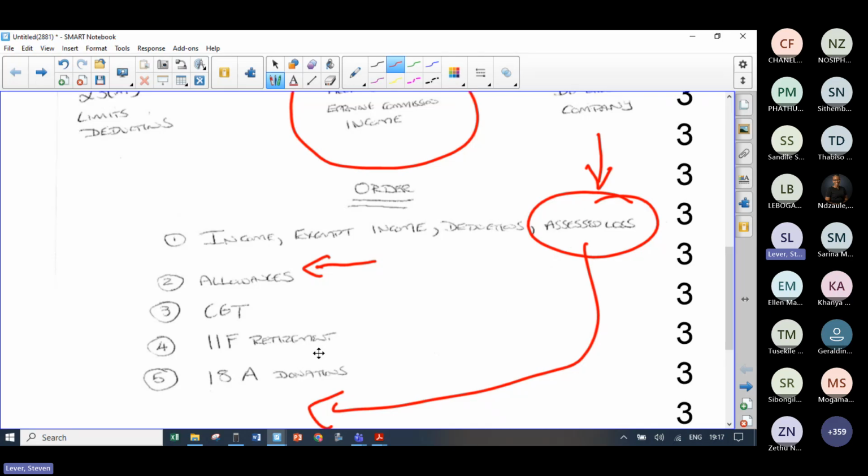Now, I'm busy marking the TAX48612 class test that you did for test 2. You have to do CGT after everything else. And guys, there was 1 mark allocated for putting CGT into the right place. You needed to put it in before donations. So for all of you that put donations in before CGT, and there are lots of you, you lost 2 marks because you lost 1 mark for putting donations in the wrong place. You lost 1 mark for putting CGT in the wrong place. You need to make sure you do things in the right order.